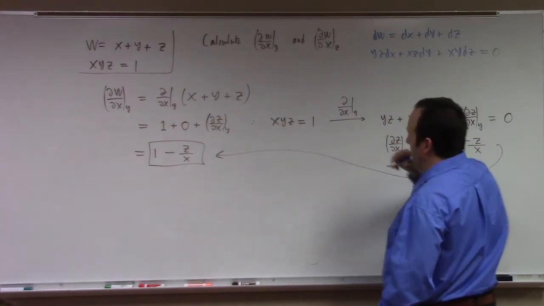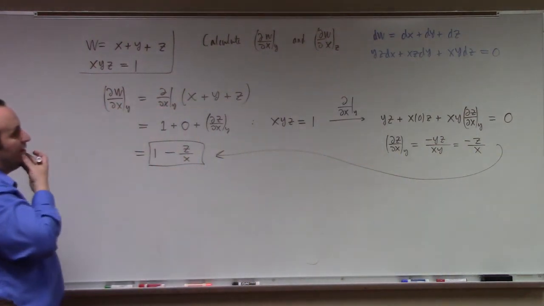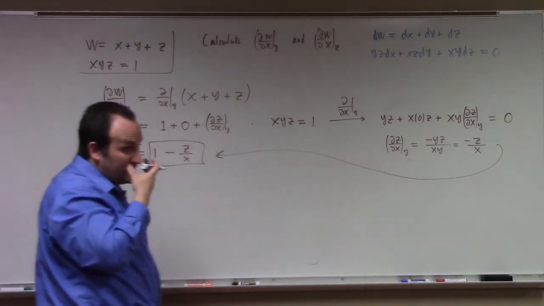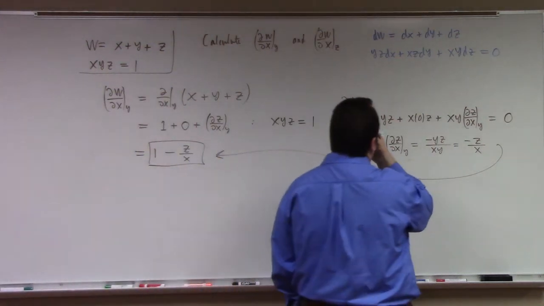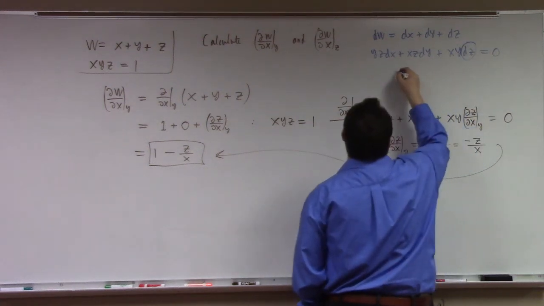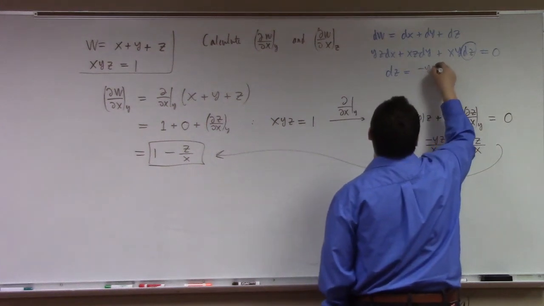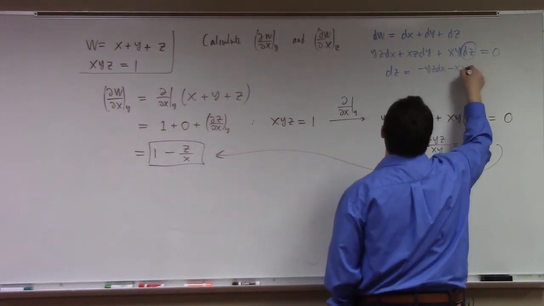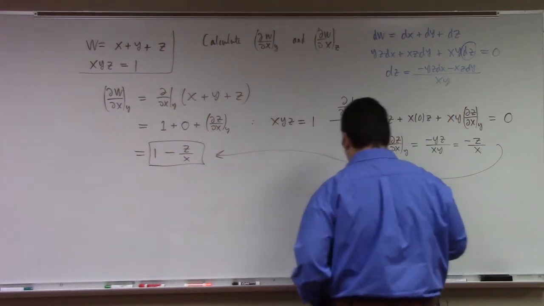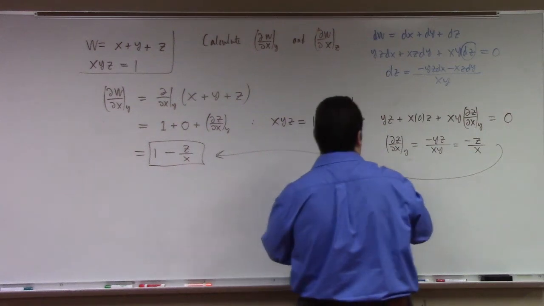equal to 0. My goal would be to solve for, I want to solve for dw, basically. So this dz here, right? Dz is minus yz dx minus xz dy over xy. And therefore, dw,